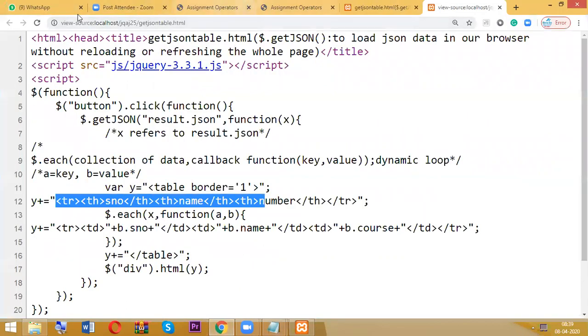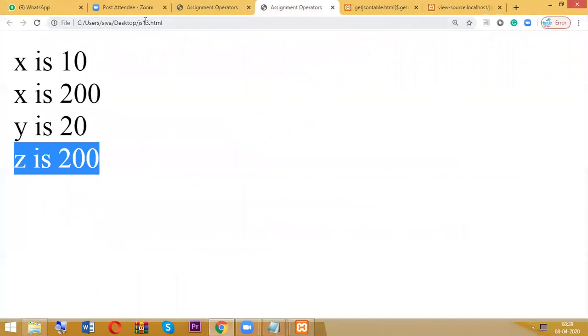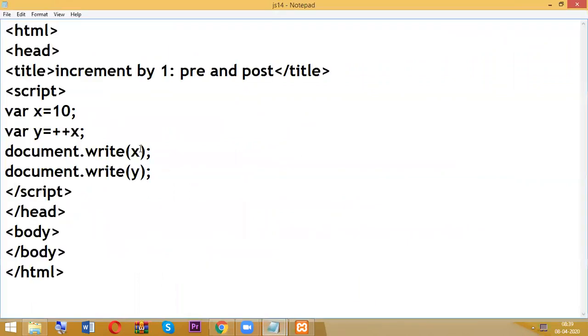If I recheck the output, here what happens? X value and y value both became 11. Just apply some BR here. So why does it become 11?